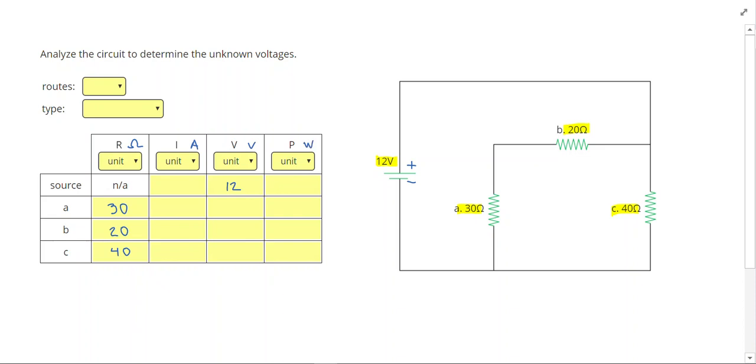Alright, so now that I have my given filled out, the next step I want to do is to figure out how many routes that I have. So in this problem, I'm going to be highlighting the routes. I always start at the positive end of the battery, and I can trace around to the negative end. So one possibility is to go through B, then A, and back to the negative side of the battery. So when I go through A and B,